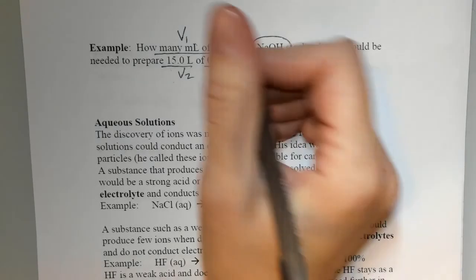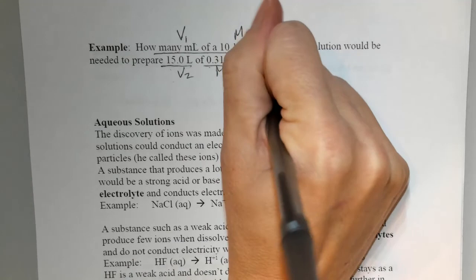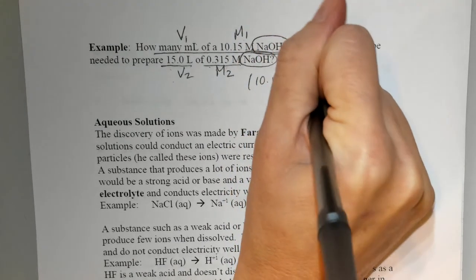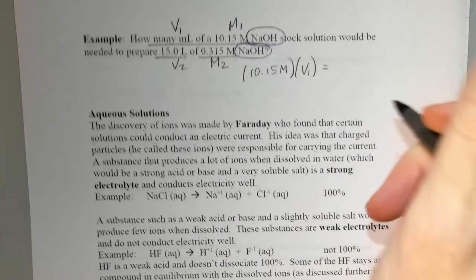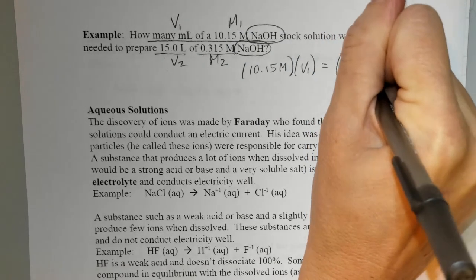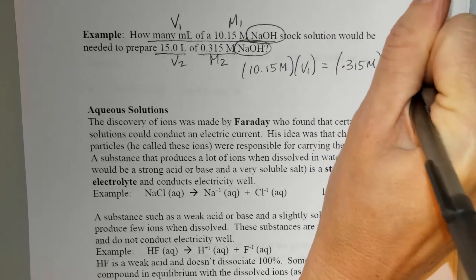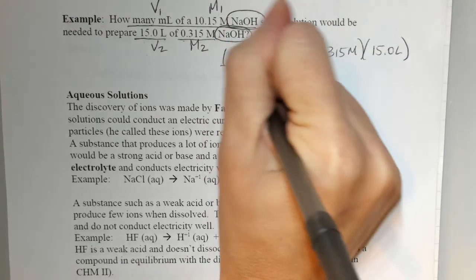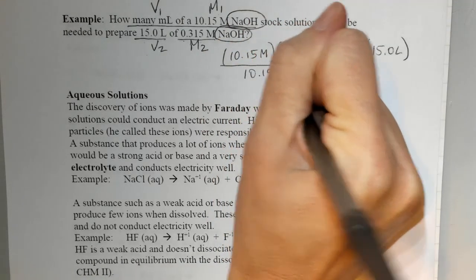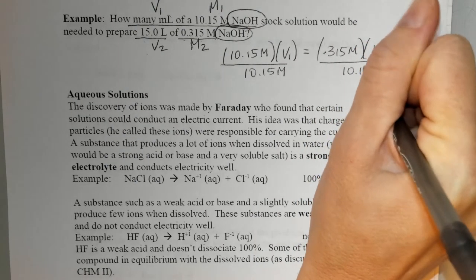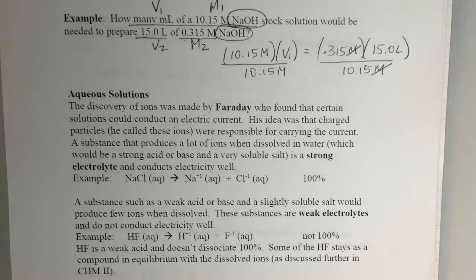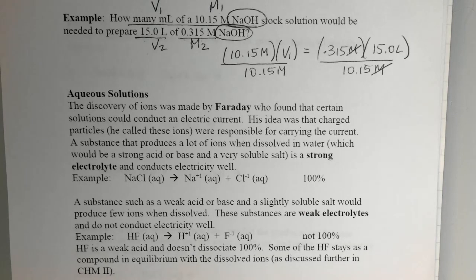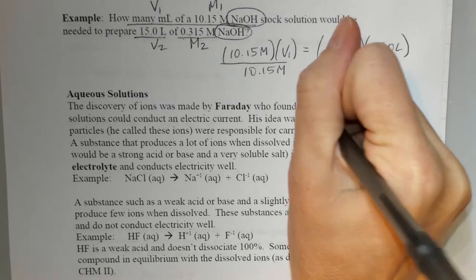So when I plug in my formula, M1, 10.15 molar, V1 unknown, equals M2, 0.315 molar, times V2, 15.0 liters. All right, so I've got my formula. I'm going to divide both sides by the 10.15 molar. The unit of molarity will cancel out, and then the unit of volume that I'll get for my answer is going to be in liters because my V2 unit was in liters. Keeping three significant figures,